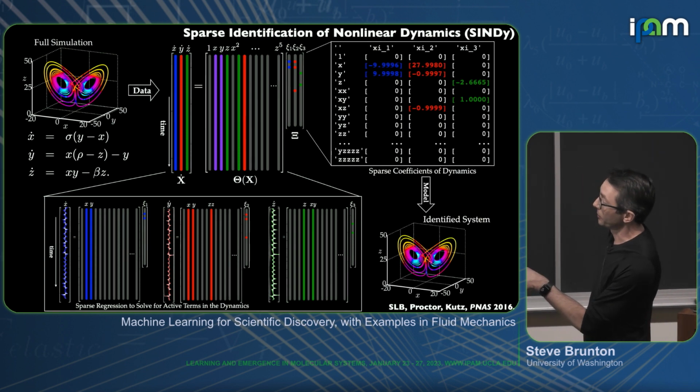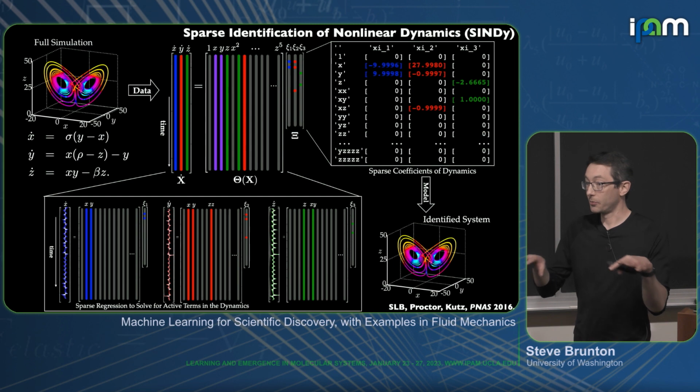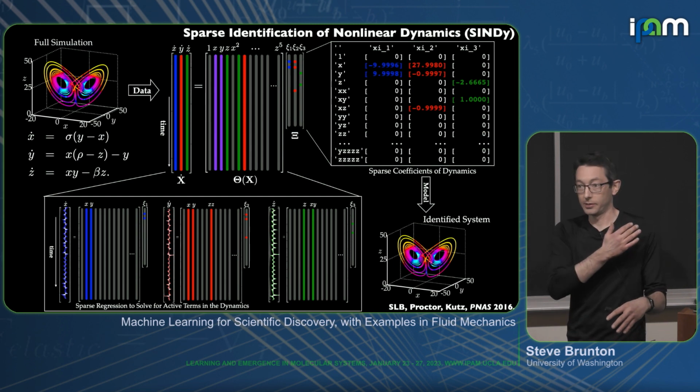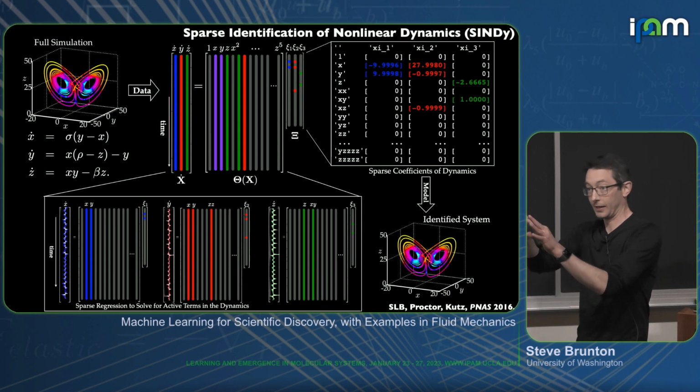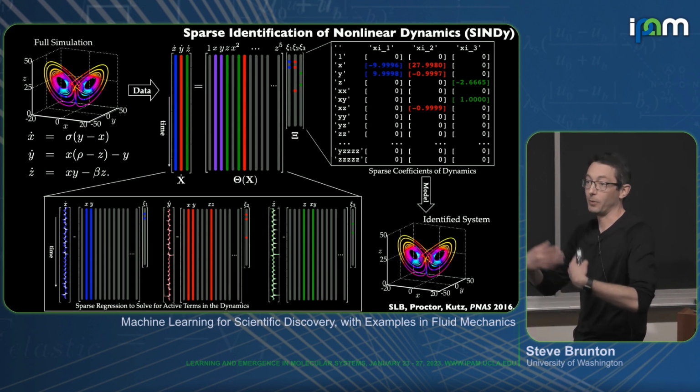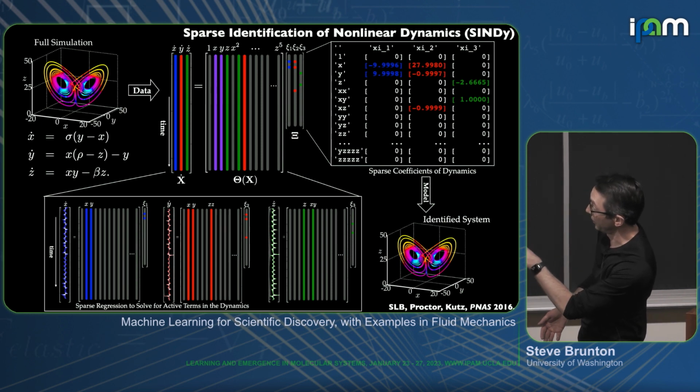What we do is we first do a simple least squares regression, so we get a little bit of all of these terms active, but some of them are small. And so we threshold those. We do a hard threshold. Then we do another least squares onto the remaining terms, and it kind of fixes those, and some of those become small. And we threshold the small terms again. And we iteratively do this until we converge on this sparse nonlinear model.